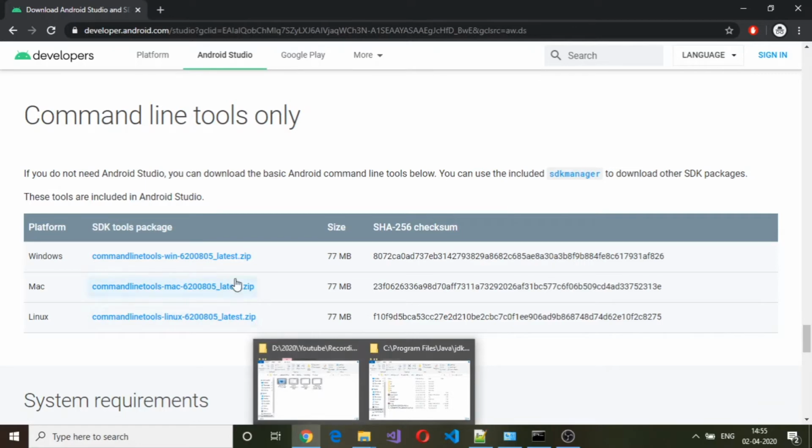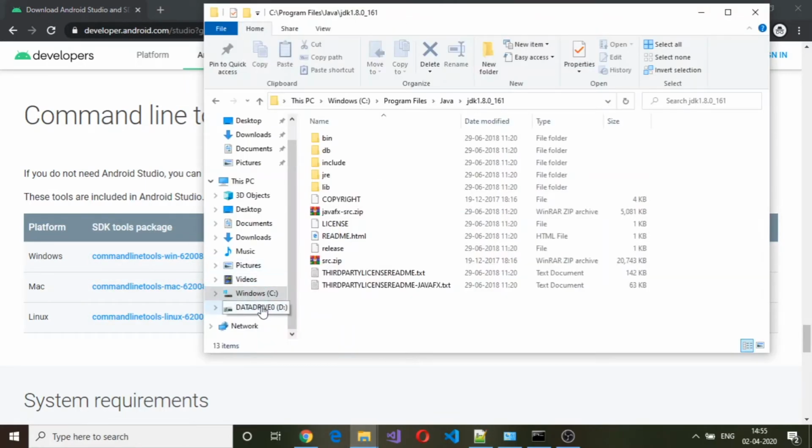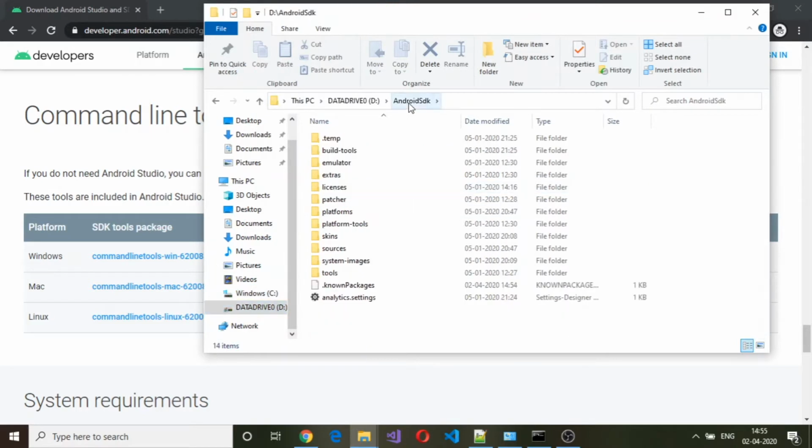And since this is a zip file, I have extracted that to a particular folder on D drive. I have called the folder as Android SDK. So these are the tools which comes with this command line tools for Windows. Okay, so this is the SDK which we have downloaded.